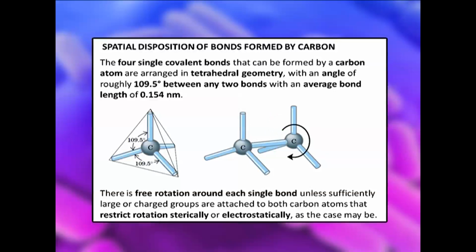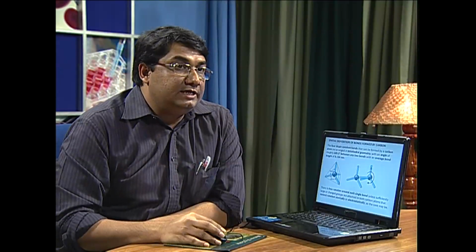Now, there is free rotation around each single bond like this, unless sufficiently large charged groups are attached to both carbon atoms so that the rotation around this bond is restricted either